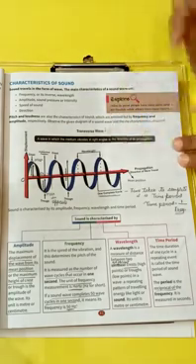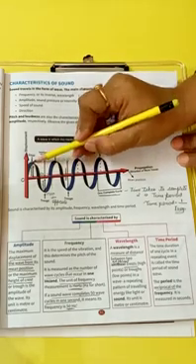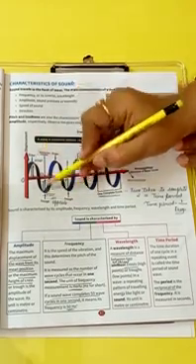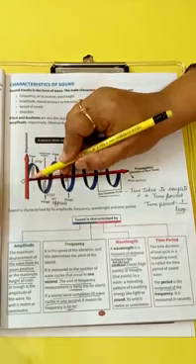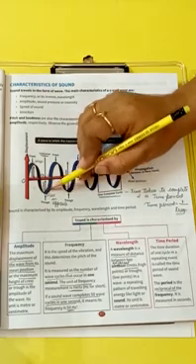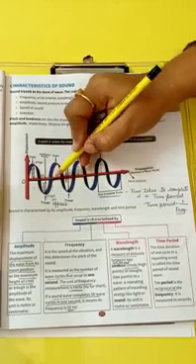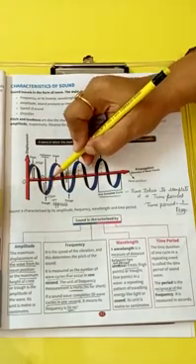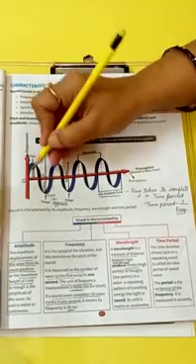Now let us see what different characteristics we should notice in a wave. As you can see, there are certain elevations and depressions in the wave. These elevations are known as crests and the depressions are known as troughs. When the wave starts from zero, it rises to maximum, falls to zero, then goes to maximum in the opposite direction, and then again to zero. This complete motion is known as one cycle. The time taken to complete one cycle is known as the time period of the wave, and it is always the reciprocal of frequency.